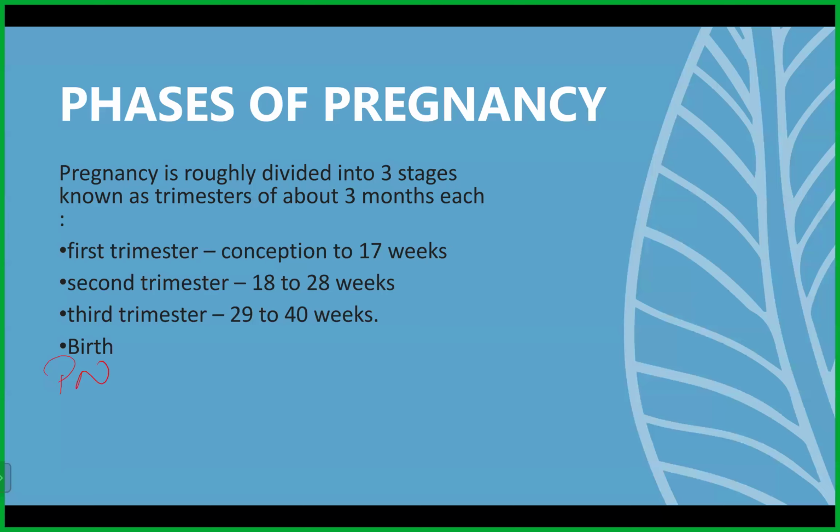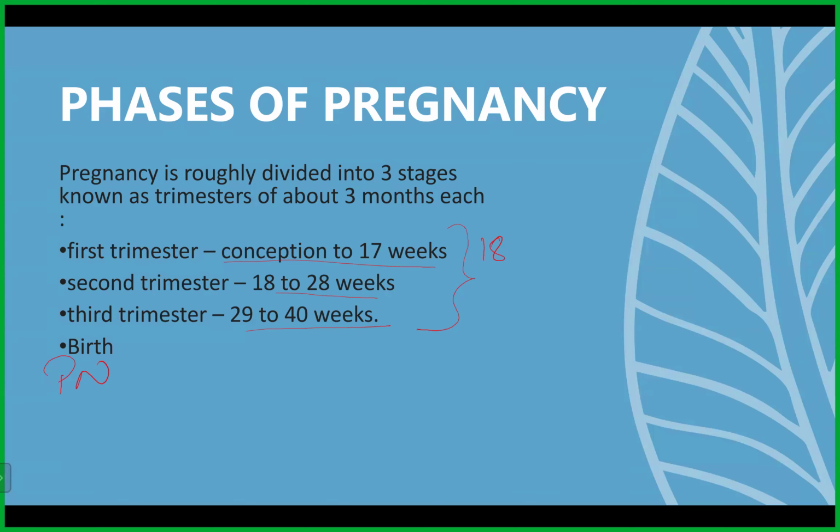Now, if you Google the phases of pregnancy, you're going to get different timelines. These are the most commonly used trimesters in the article references. As far as I know, most of the hospitals follow this. In case your clinical hospital says the patient is at 18 weeks and they say they're still in the first trimester, please do not say they are wrong. It is okay. 1 week here or there is considered fine. This is a rough figure I'm giving you as per most of the articles published in PubMed or any other good websites. 1 or 2 weeks here and there is absolutely fine. Please don't think you're wrong or the gynecologist is wrong.